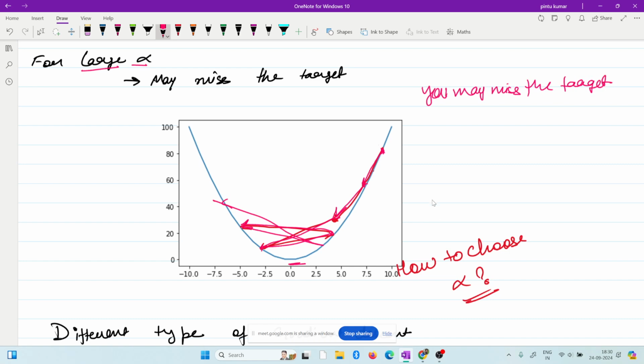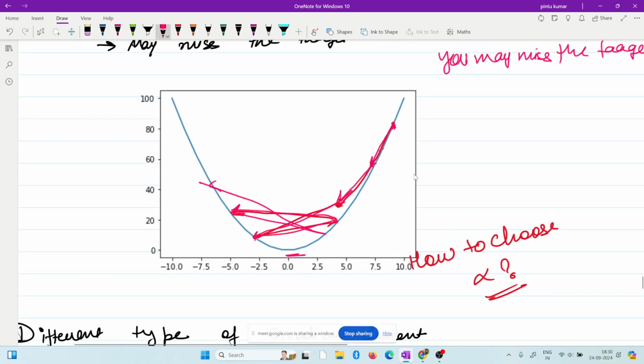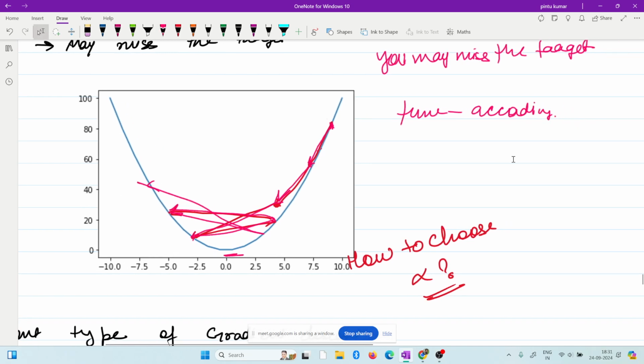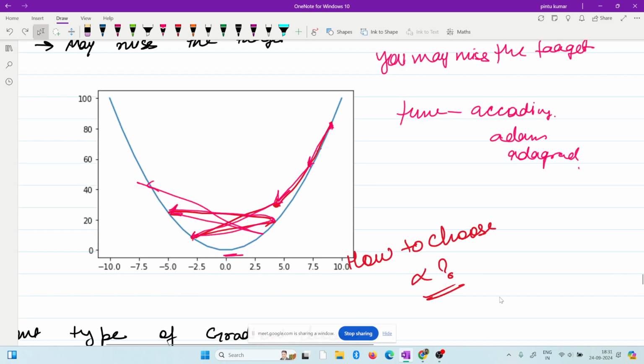So in machine learning applications, you tune this alpha according to your need. There are methods like Adam and Adagrad that help you choose alpha, but if you don't want to use any of them, the simple thumb rule is: